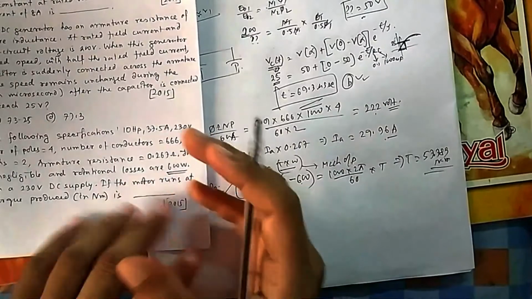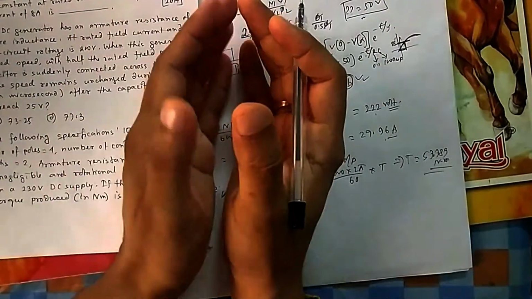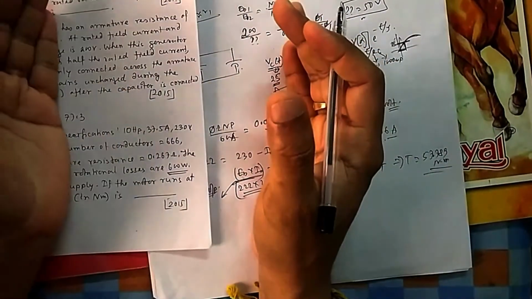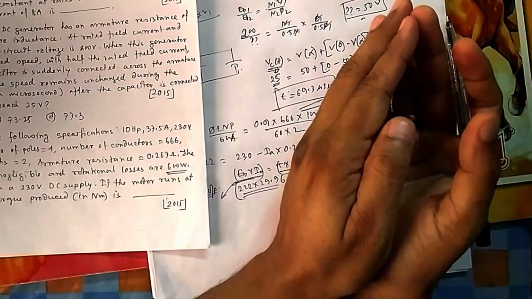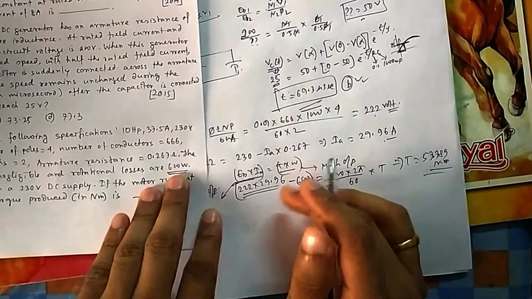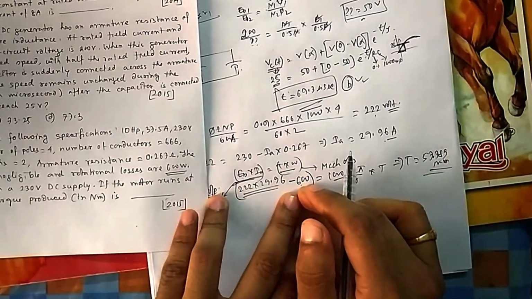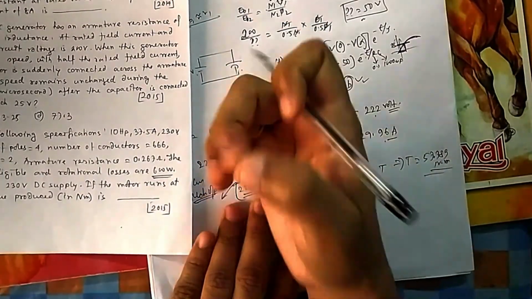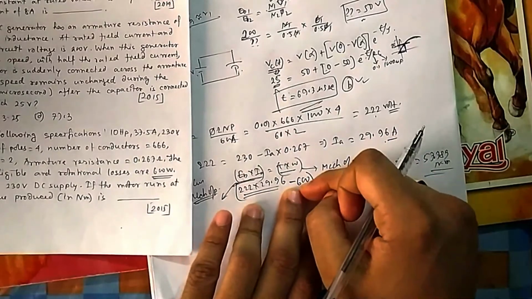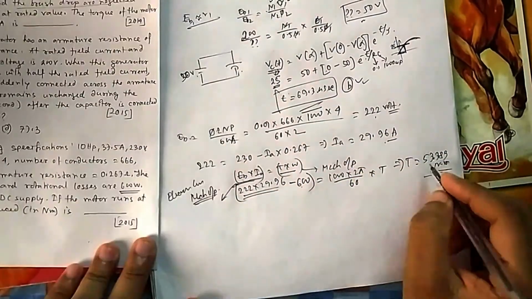So that's why 600 is used. This Eb into Ia is the mechanical power, equivalent to your electrical power. This first portion has been converted into mechanical power. Generally we take it as output because we neglect these losses, but here mechanical losses are there. So this is your mechanical power that is converted from electrical to mechanical. From that you deduct this loss, and this much you are getting as output. So this is your answer.